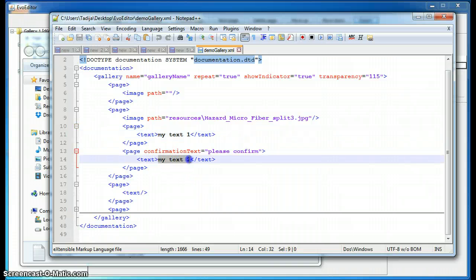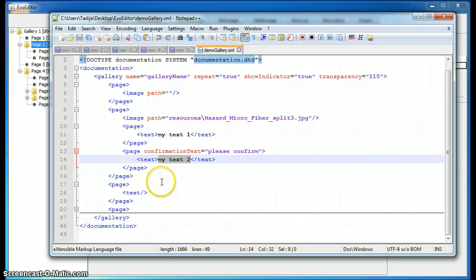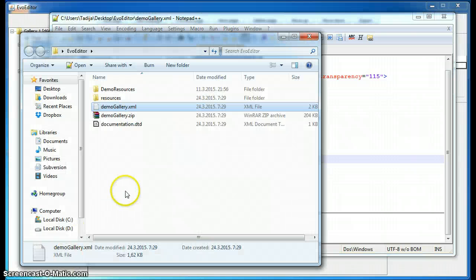It contains text between the XML tags. Again, if we open the contents of the archive, we will find a map, a folder named resources,